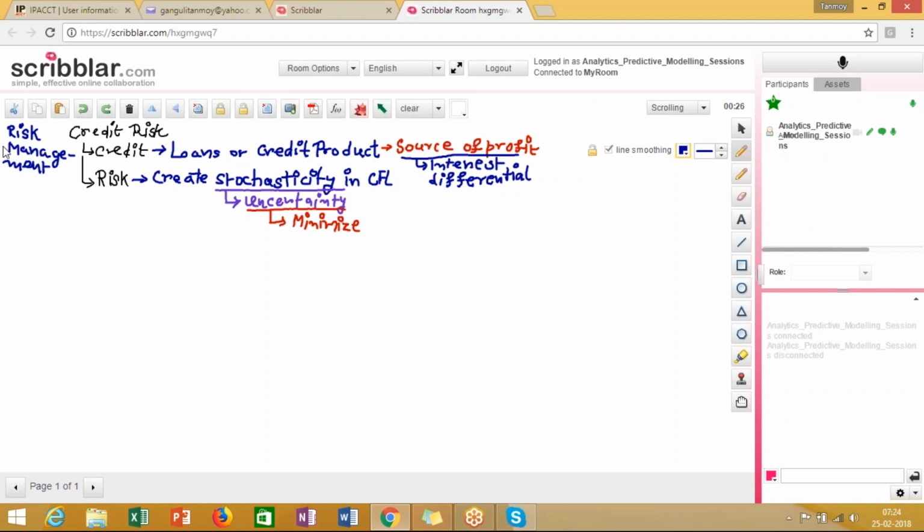So that is where the role of credit risk models come in. Now, to understand the role that a credit risk model might play in the risk management strategy of a bank, what we need to do is understand the very traditional banking approaches. So, for example,